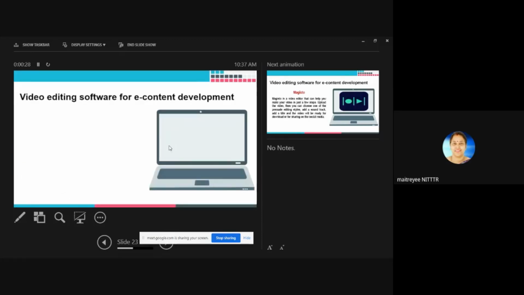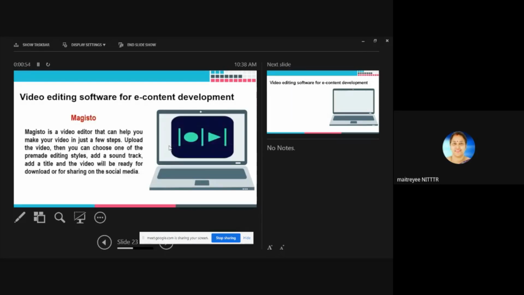Now it is coming to the video editing software. You all must be using video editing software very often, maybe a simple video cutter or any other software. Nowadays children also know what type of video editing software are there, right? But officially or professionally, I will tell some video editing software in this PowerPoint.